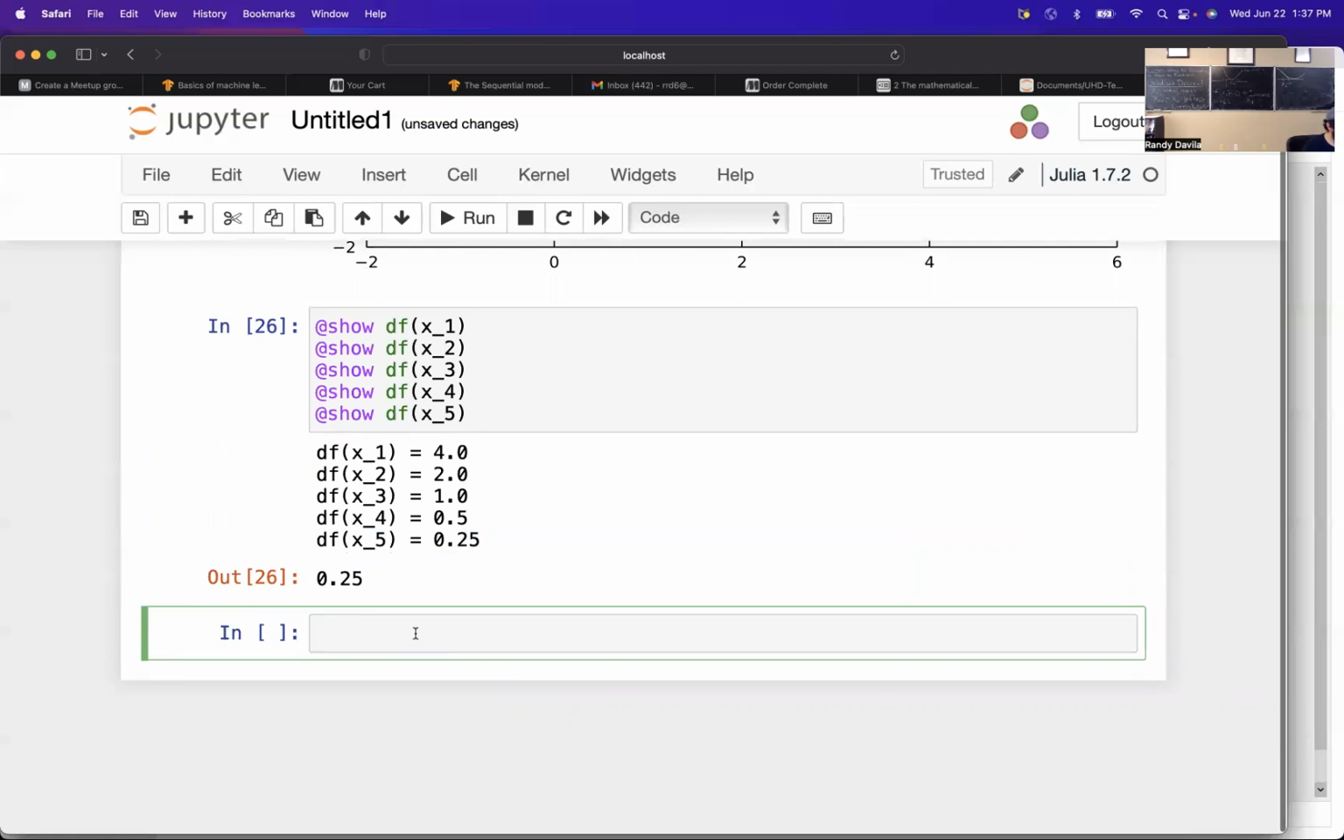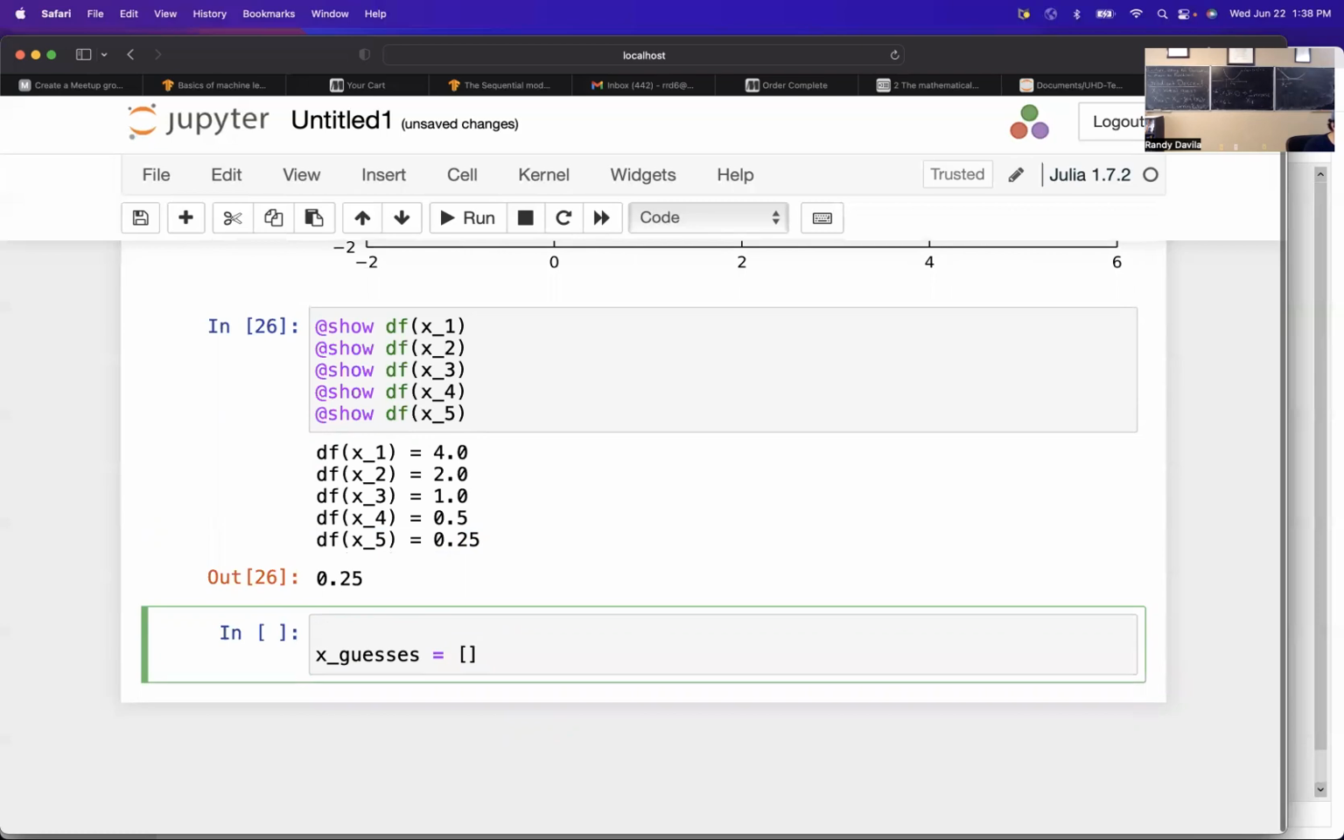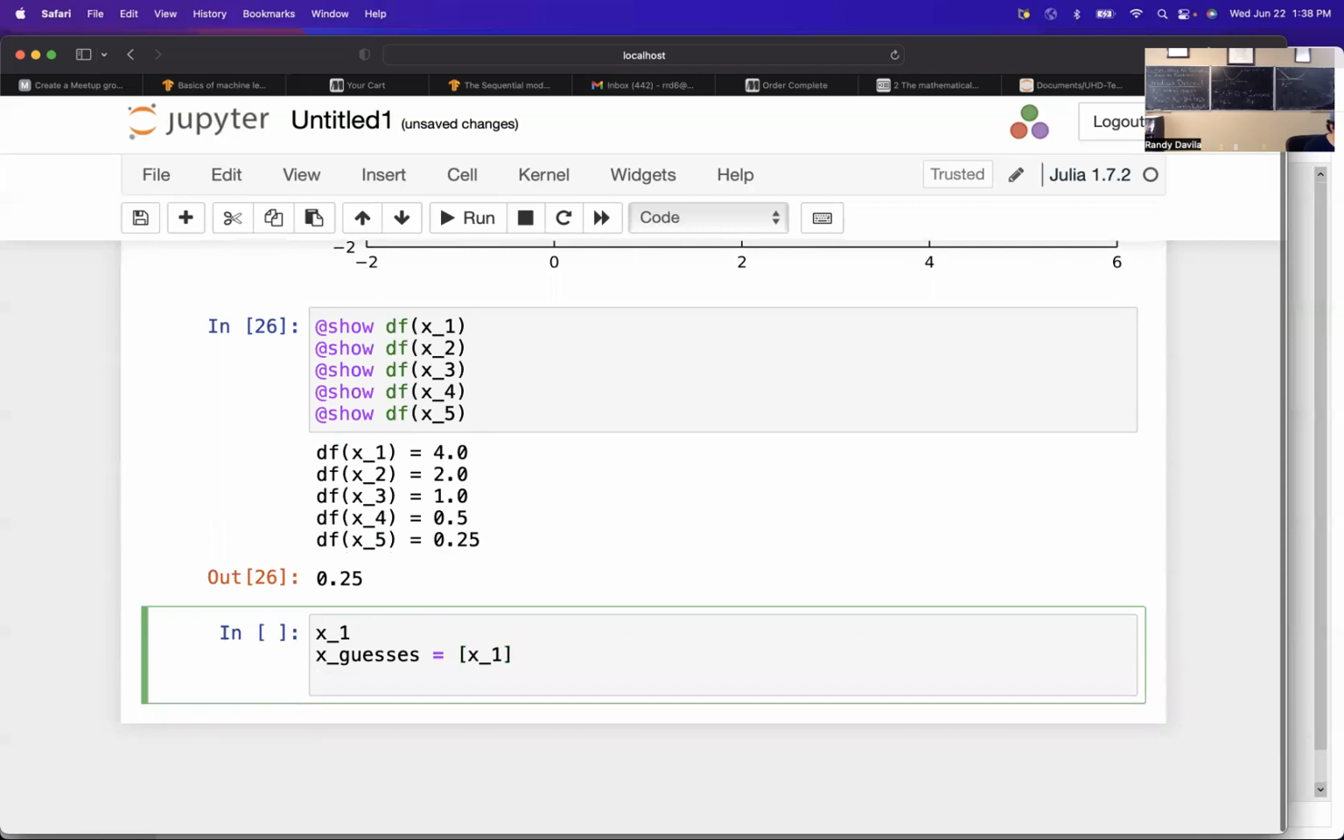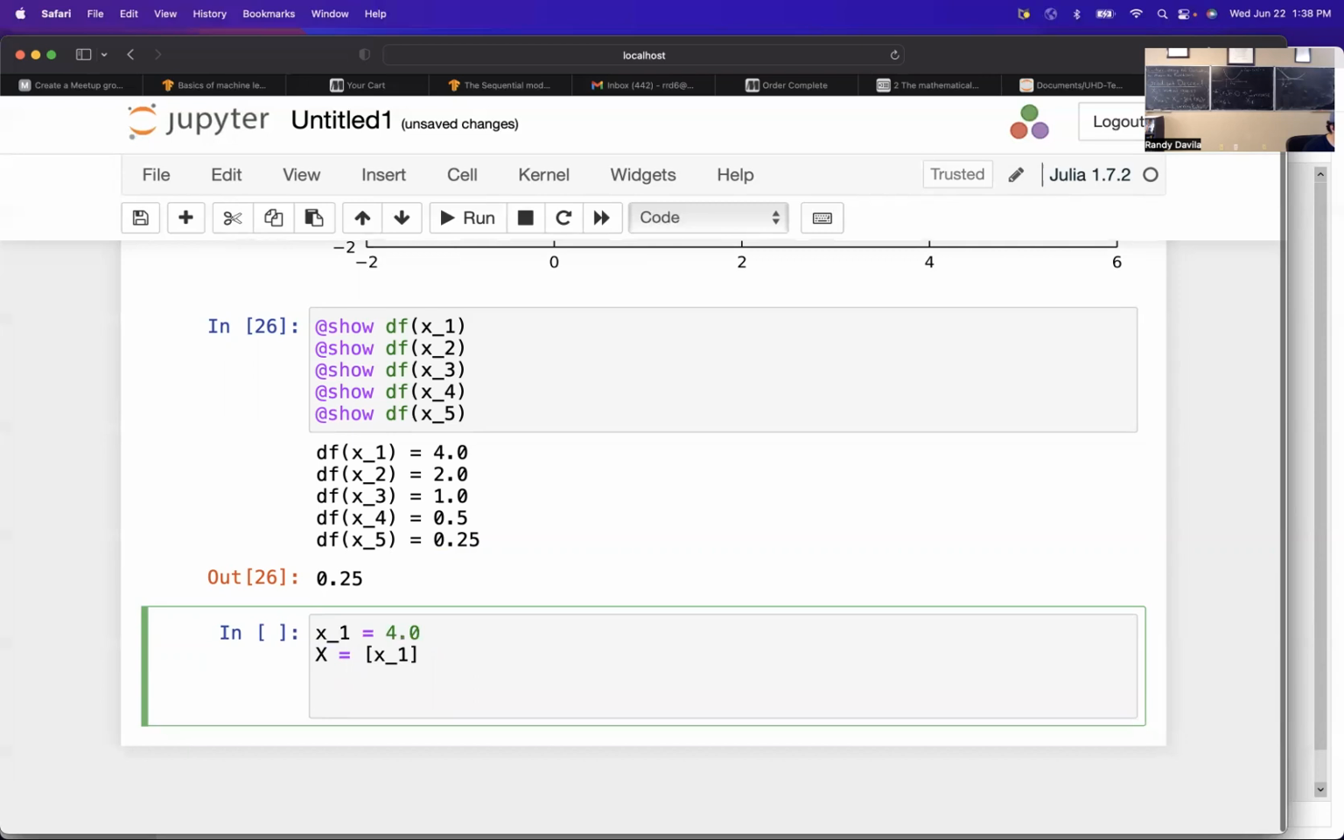So x, guesses equals, let's say, x1. So we'll put x1 in here. I'll just call this capital X actually. All right, so x1 equal to 4.0, and just put x1 into this array. And then we can say something like